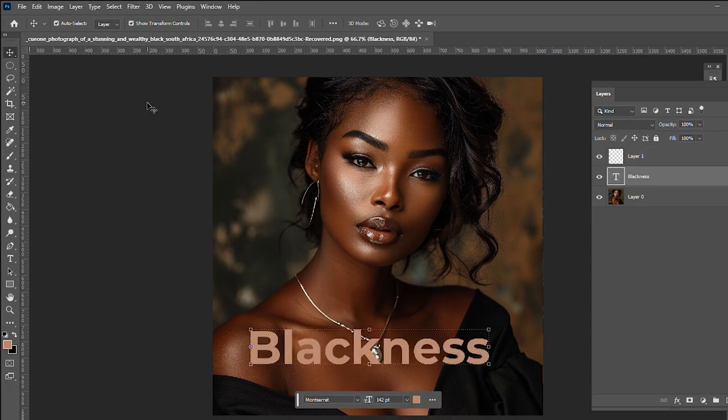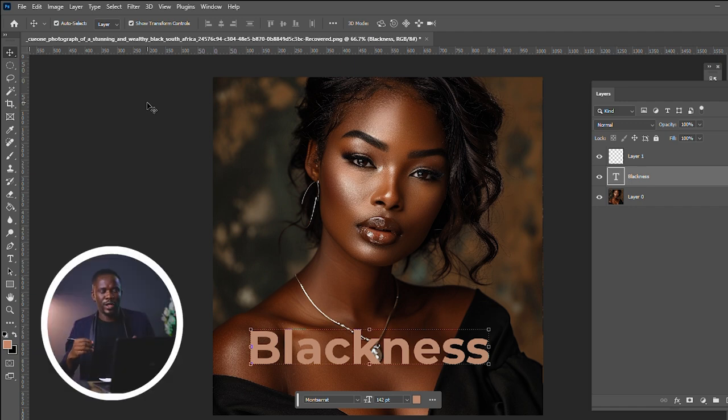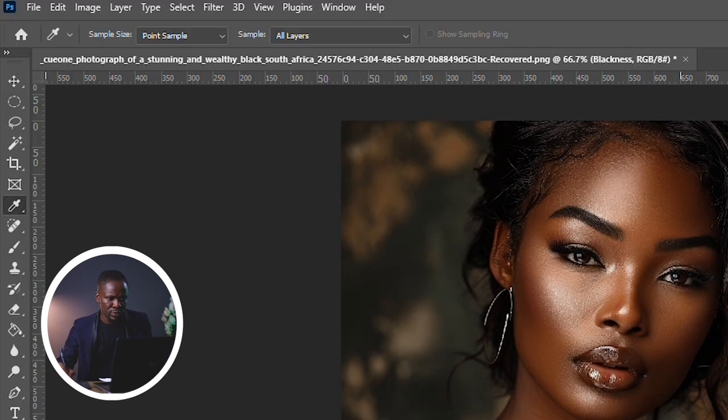The next one I'm talking about is the Eyedropper tool. The Eyedropper helps me to pick any color in the design or on the picture to apply it to anything I want to apply to. So changing this text color, if I want to change it to the hair color or any other color I can see on the design, I just pick the Eyedropper tool,